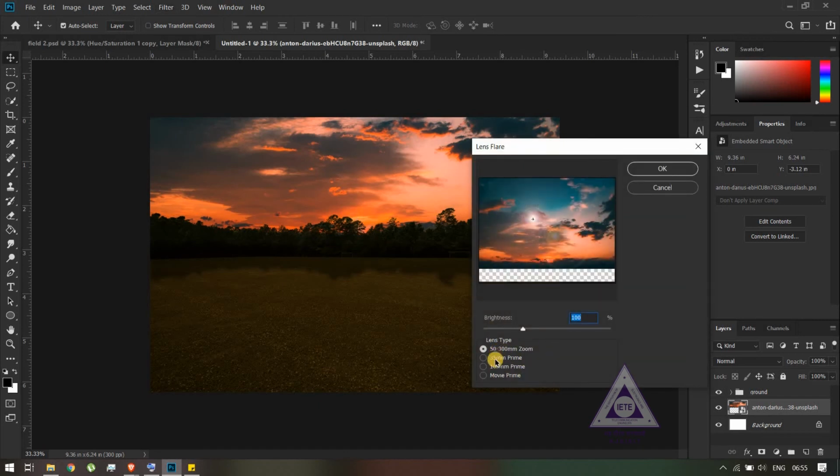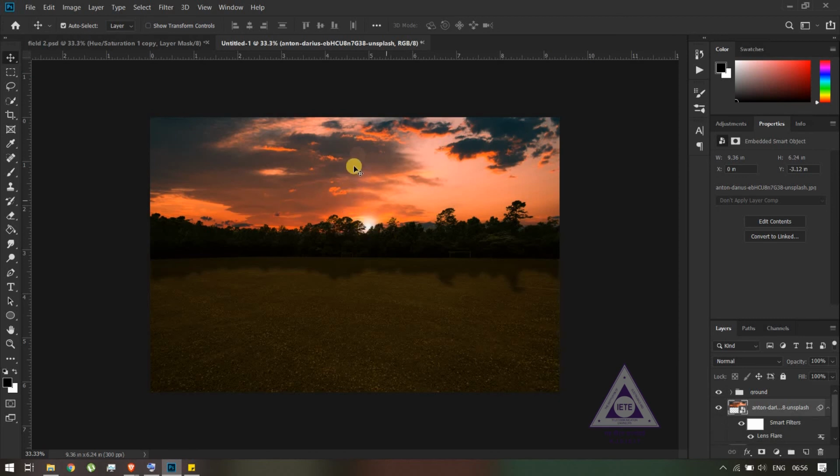You can see that there are 4 different options of flare they are providing, and for this image I think the first one is the most appropriate flare, and you can move around the flare by holding it down and moving it around in the image. And I'll be reducing the brightness a little bit. I'll be placing it somewhere around here, and yeah, I think this looks good.